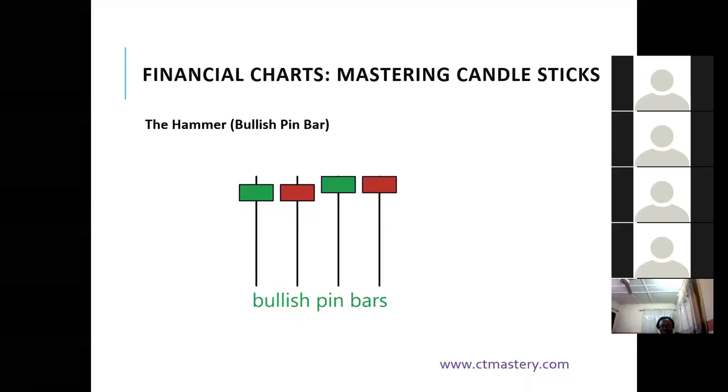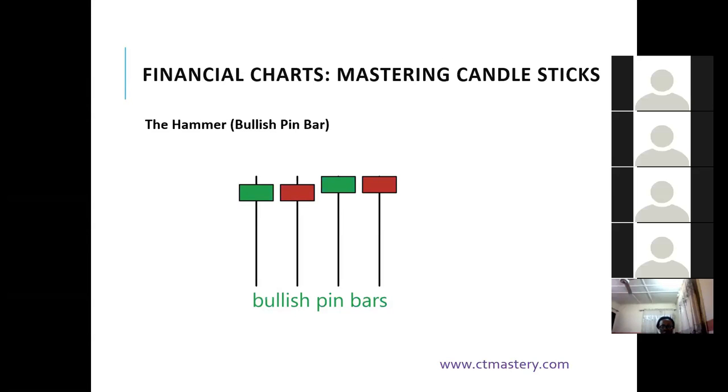It also means that the bulls are in control of the market. When you see the hammer, it's telling you that the bulls are taking over. And if the bulls are taking over, it means that the price is going to rise. So if we see this hammer at the bottom of a downtrend, we should expect the market to change course and go in the upward direction. If we see it along an uptrend,